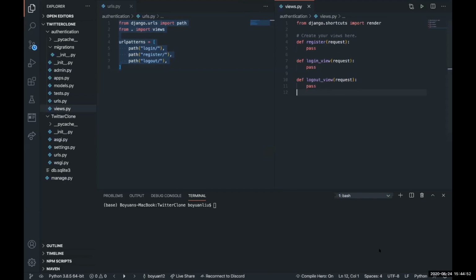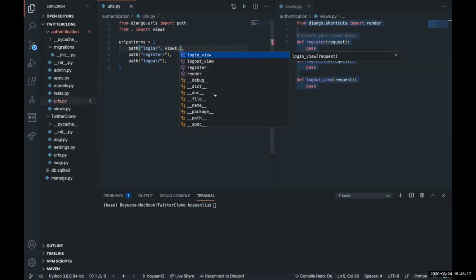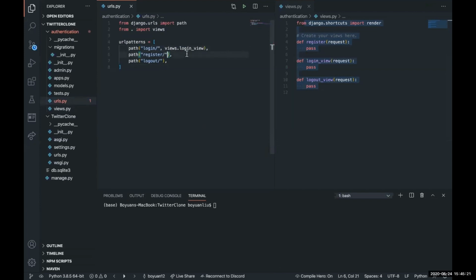Yeah. All right. Next, what we need to do is start to associate each function to each route. Because recall in Flask, we did something like a decorator. And in here, we need to actually associate it with the function. So when a user visits the login, what should happen? Well, since it's under views, and we imported views here, we use dot notation to access different functions. In here, just login with views.login,